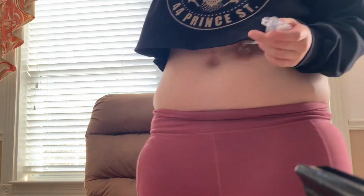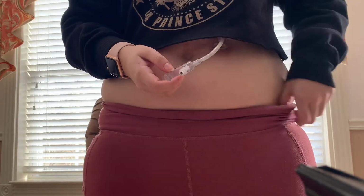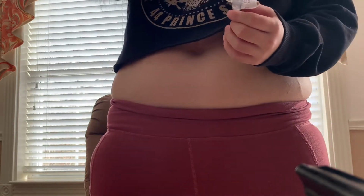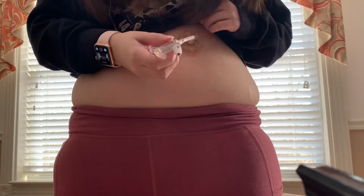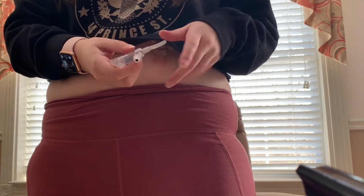Today is part of Feeding Tube Awareness Week, so I'm really excited because today I'm just going to be talking about my feeding tubes, how they help me, and everything that you want to know about my feeding tubes. So here we go. First, I have this tube, and it is called a J tube. It's jejunal, and that means that it goes right into my intestines. It does not go into my stomach at all, and